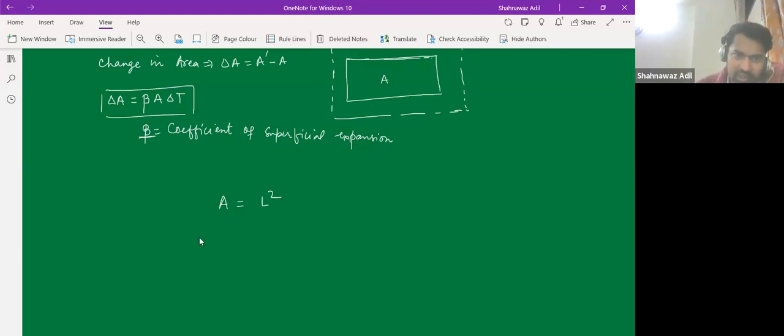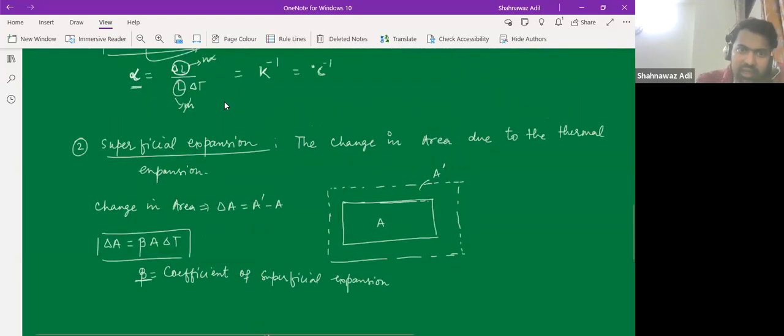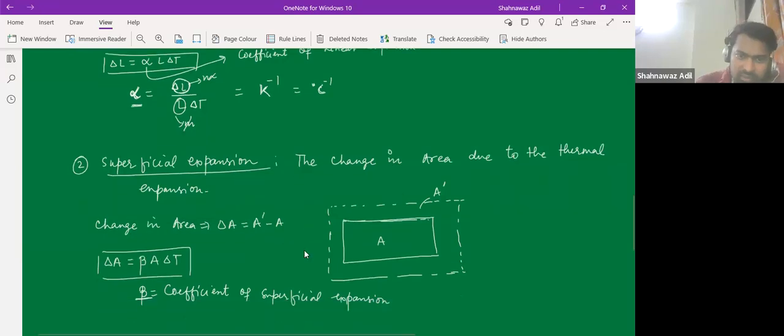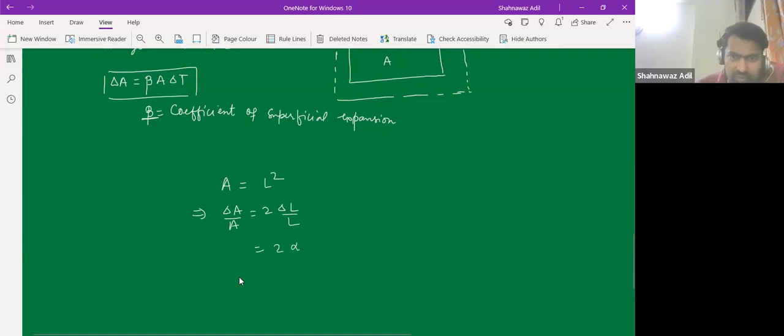If I calculate the relative error, delta A by A would be 2 delta L by L. I already know this delta L by L. If I calculate from here, delta L is alpha L delta T, so delta L by L is alpha delta T. So this is 2 alpha delta T, and I know that